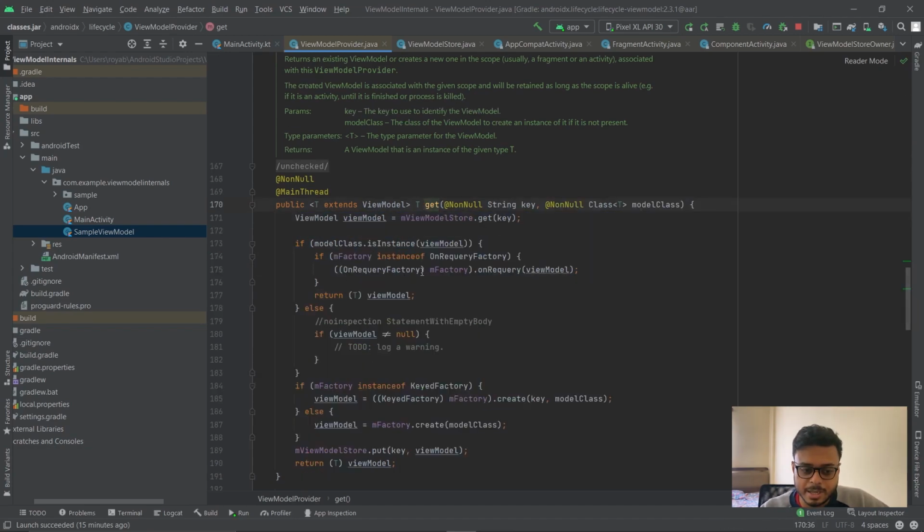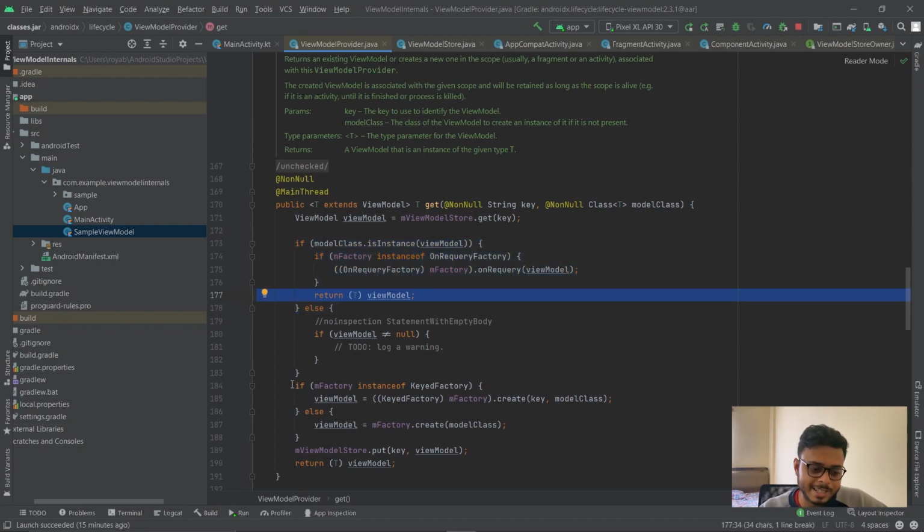Then we call this get method, wherein it would call the view model store.get and pass in the key. If anything existed over there, we would get it back from the hash map. If it did not exist, then we would get a nullable instance of it, right? So then we check whether the instance we have and the instance we need are the same or not by using this model class. If it is, then we return the view model.